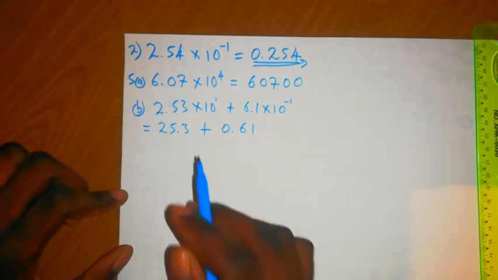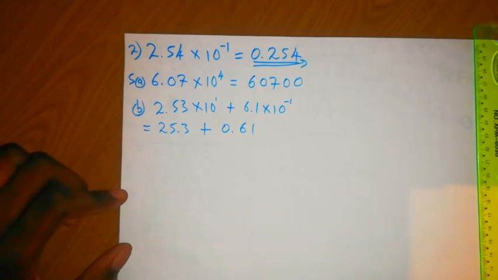We then arrange our numbers in order. As we add there, we're going to obtain 25.3 plus 0.61, that's equal to